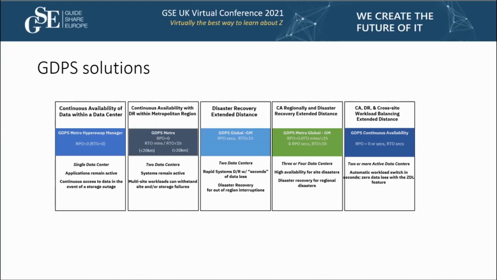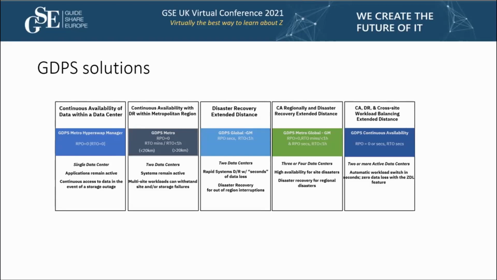So if we look at all these solutions from left to right, GDPS Metro HyperSwap Manager offers a single data center continuous availability solution. It offers an RPO of 0 because it is built on synchronous data replication and therefore no data loss. Now, if we look at the right, GDPS Metro is a disaster recovery and continuous availability solution for metro distance